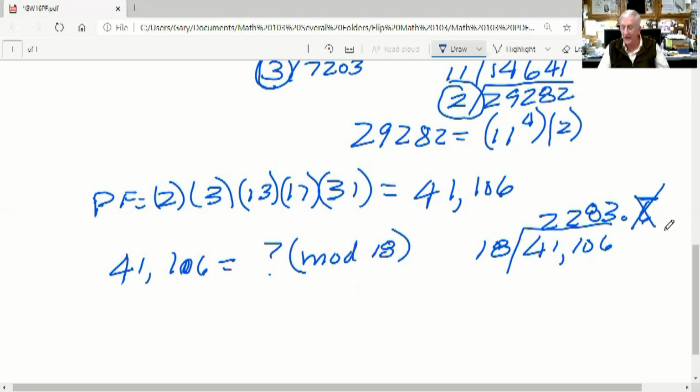Well, of course, I throw that away. So I take 2283, and I multiply that times what? 18, because I need the remainder, right? And I got